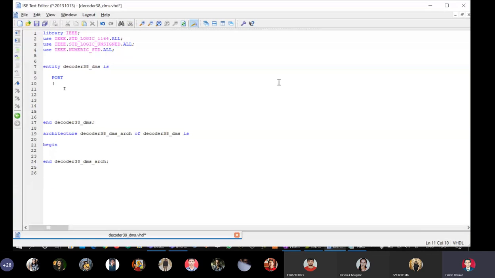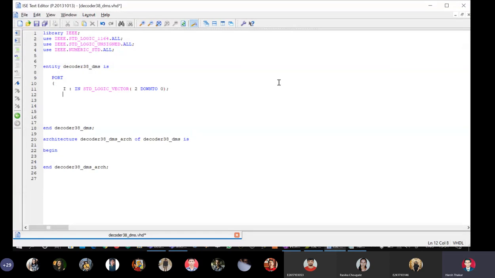So I colon in std_logic_vector, and in inputs we do have significance, so it will be 2 down to 0. Y colon out std_logic_vector, and it is 0 to 7.